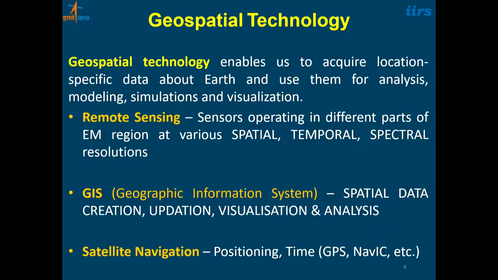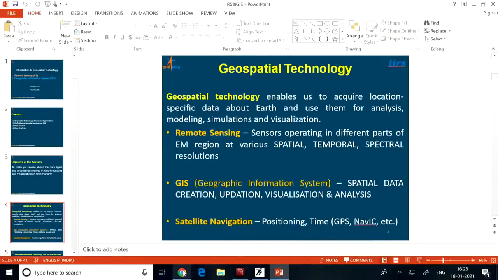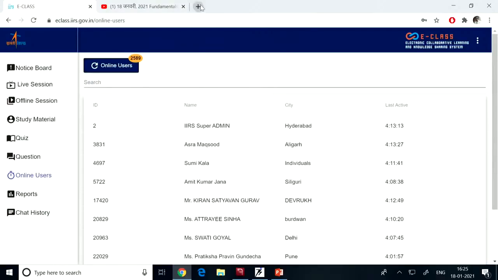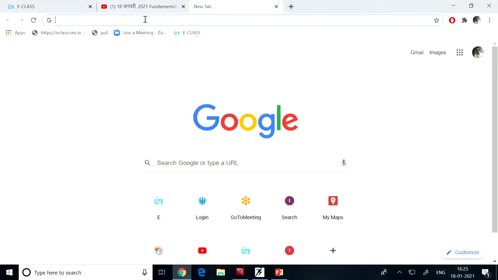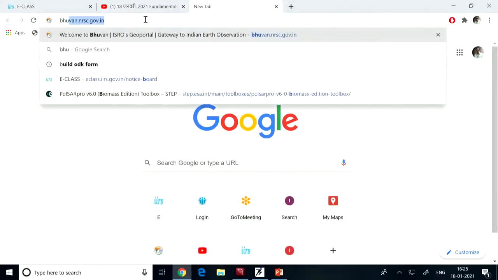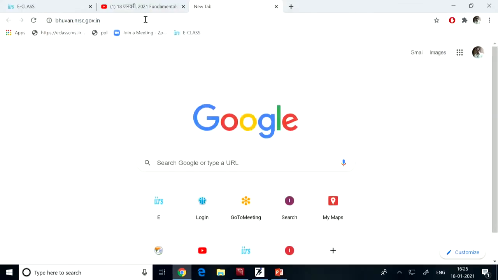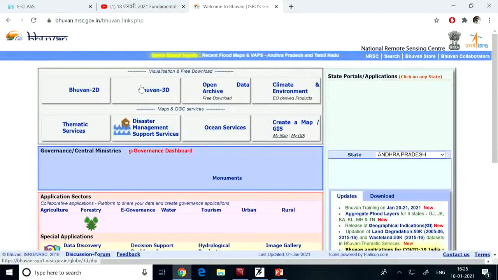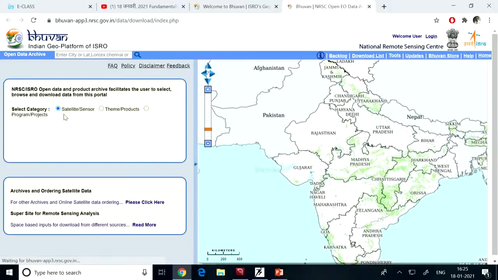Or we can download one small image from the internet and see it that way. I will take you to that example straightaway. Let us go to that example. I will download one small image, because this will be a very important component in your programming part. Let us go to the Bhuvan portal here. It is a geo portal developed by ISRO. From here I will download some small satellite data, and we will see what different kinds of bands we have.